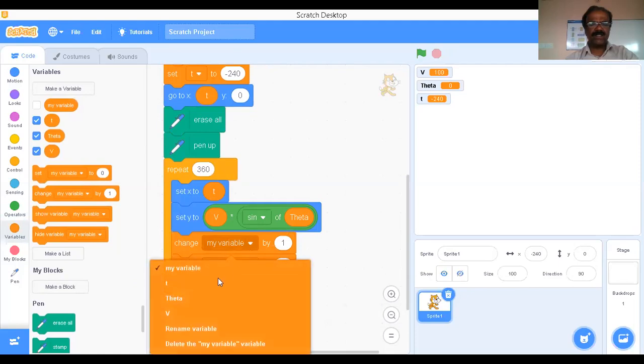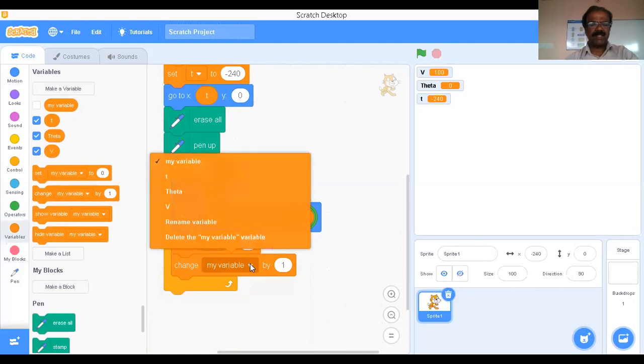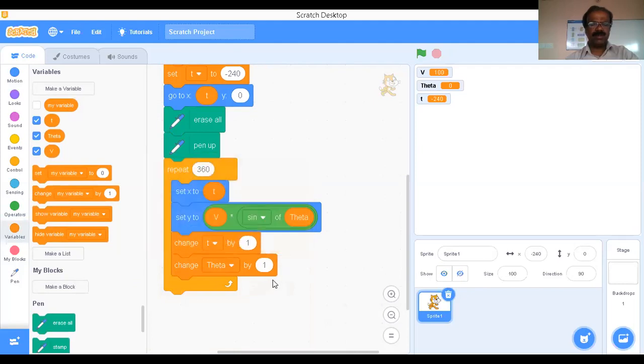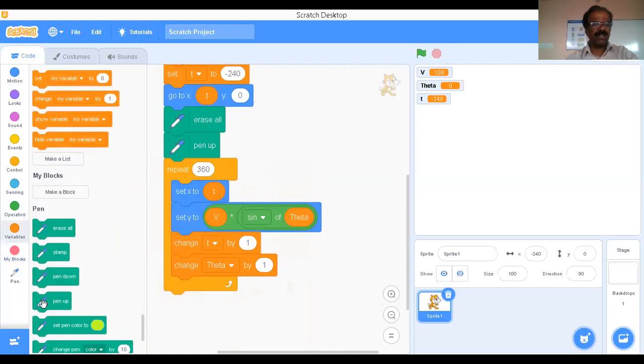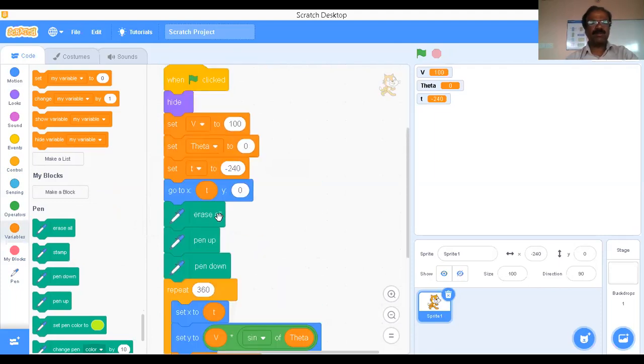Therefore, change t by 1, and change theta by 1. Now pen up is there. You can make it pen down, because if you want to write anything, you have to put the pen down. Now the program is completed.